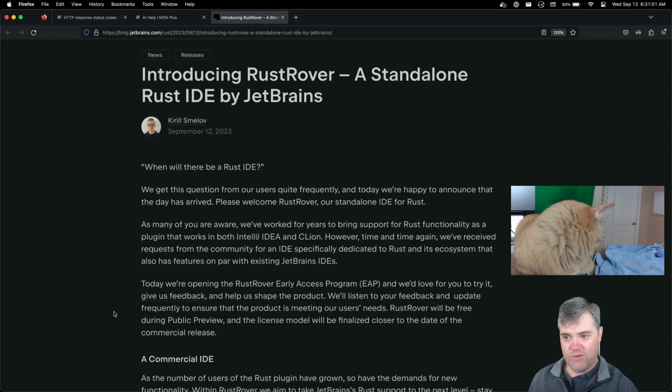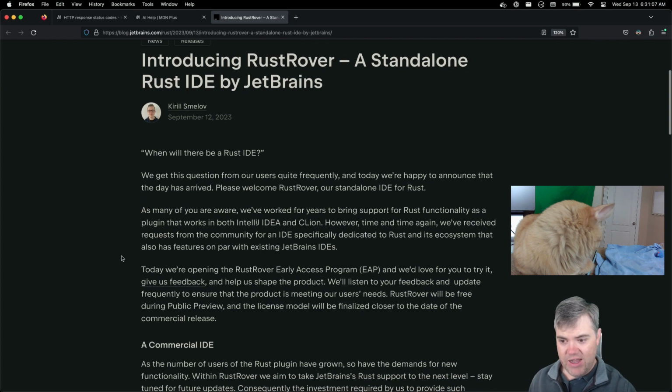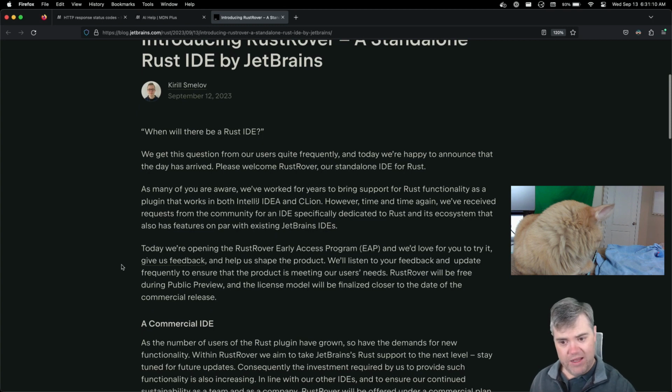Okay, so RustRover, a standalone Rust IDE. Now, I remember for a while, wasn't CLion free, or there was a demo or something like that? But then they rolled it up with everything else, and you have to pay for it.